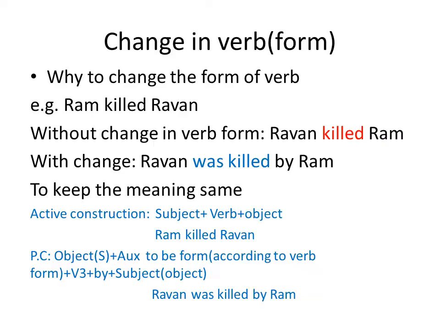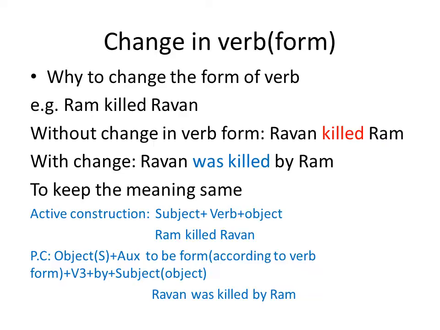When we ask the question, by whom did Ram kill, we will get the answer Ravan. So Ravan, we can start the passive sentence with by Ravan. So Ravan was killed by Ram. So let's see the structural form of active and passive